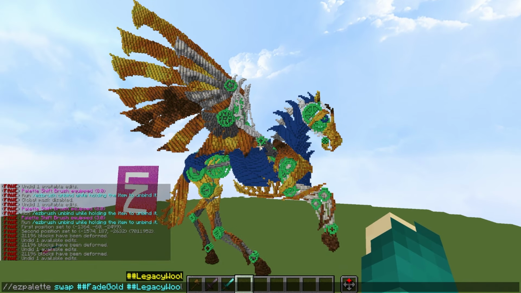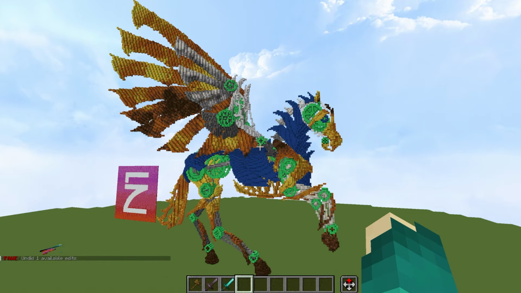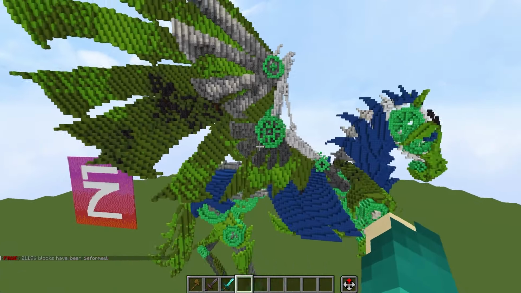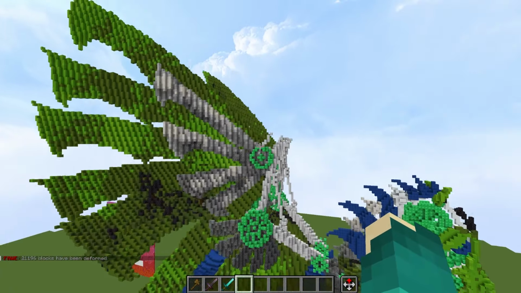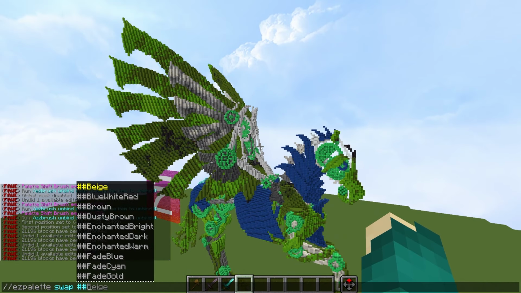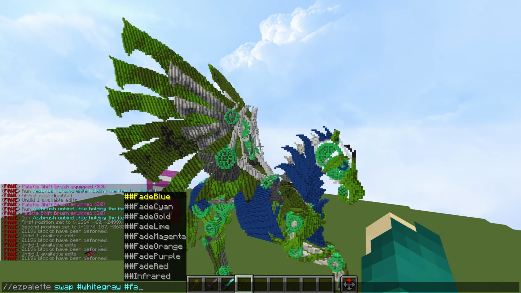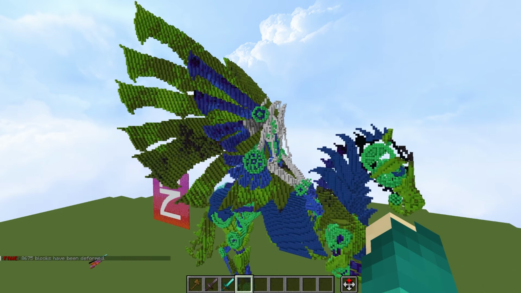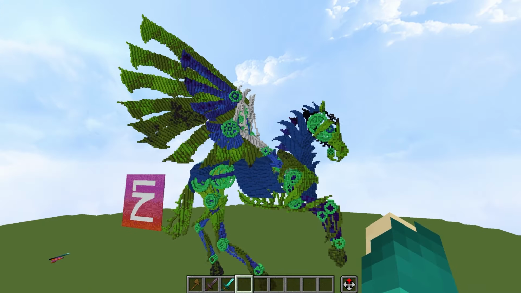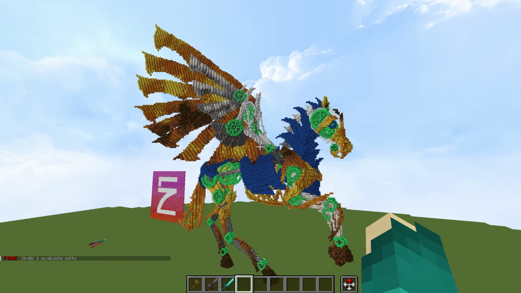But anyway, it's really easy to just swap colors out. I'm just trying to be careful to pick something that doesn't cross over with my white one. I think this one doesn't cross over, so if I wanted to turn that green for some reason, and if I wanted to change my other one, my white gray, to something else, I could say white gray 2. I could do the faded blue or whatever. It's going to switch anything in my white gray palette to that fade blue. I liked the original colors better, but that's the palette swap command, a very efficient way to test out different